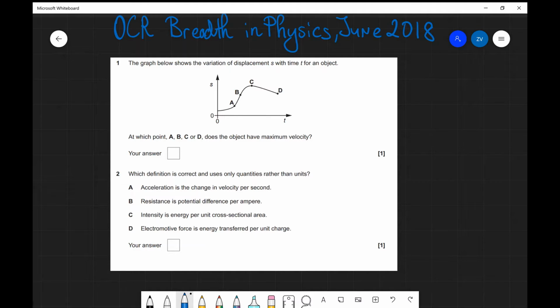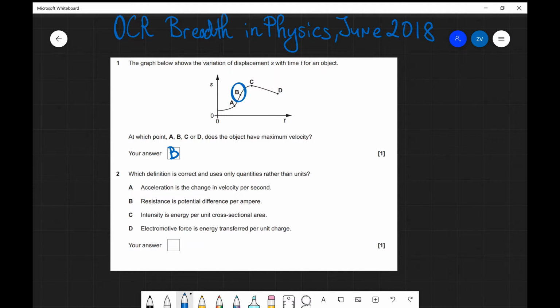So we're looking for the steepest point. So we can see that definitely point B has the steepest gradient if we were to draw a tangent around it. So my answer would be B,